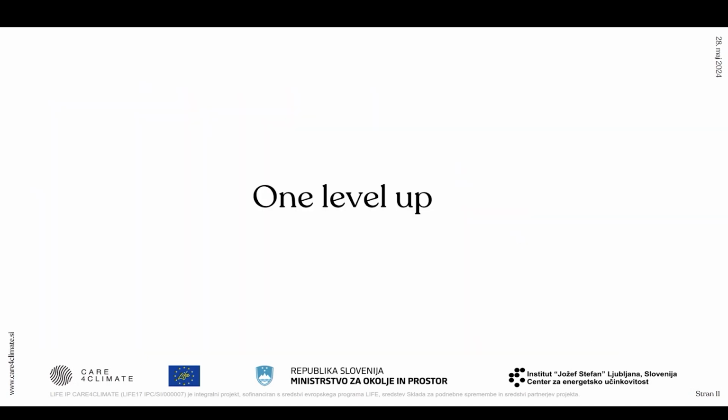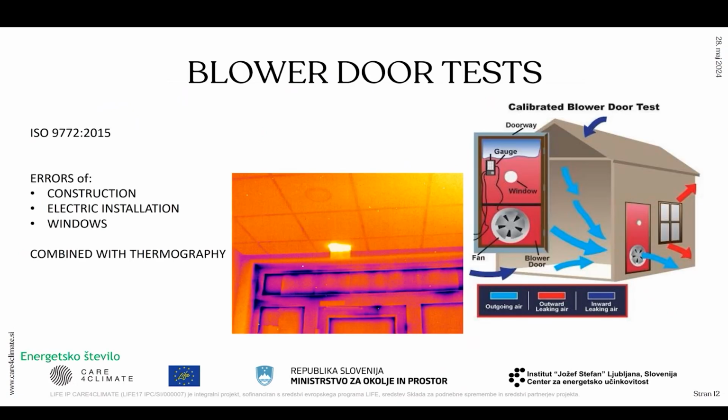Well, let's take it another level up now. When something is wrong, we also should know why. This is very important. So we use some tests on building certifications. They are also based on standards. They are ventilators, and we overpressure the building, so we know how much we lose. With a thermal camera, we see every detail. But here, in this image alone, there are 17 errors.